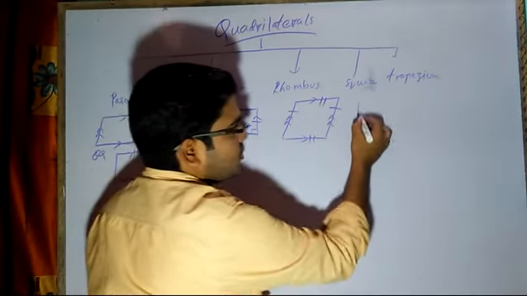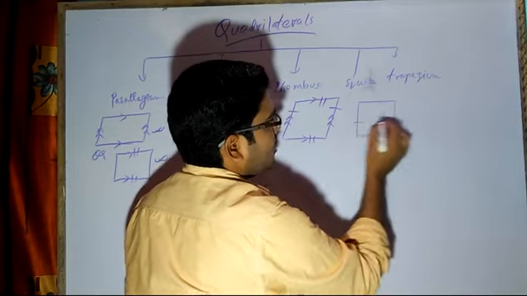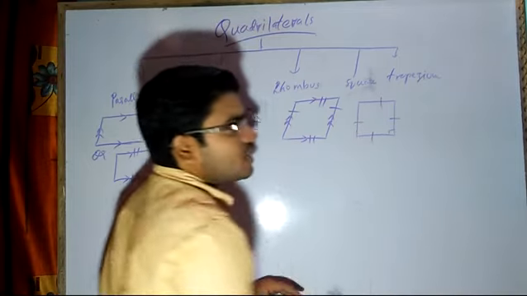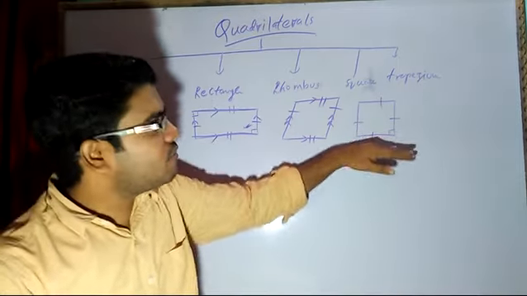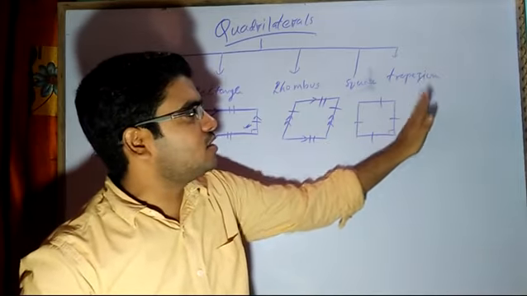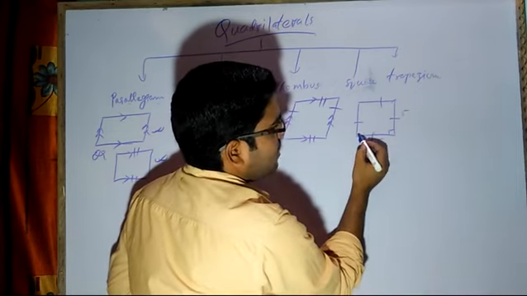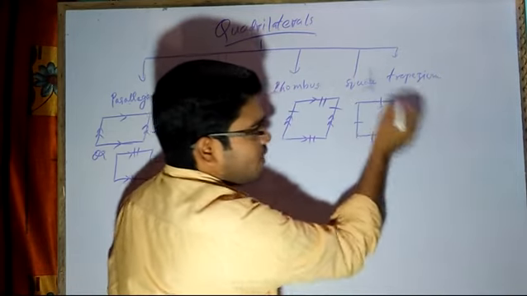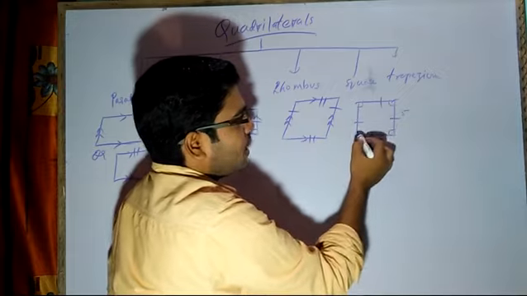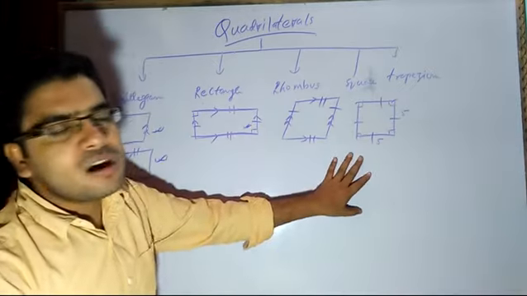Now, same is the case with the square. All the 4 sides are equal and any one of the angles is 90 degrees. One of the angles is 90. This side is also 90. That means here we are having 5 centimeter, 5 centimeter. We will have a cut here. Then obviously this whole angle will become 90 degrees and this will be a square.